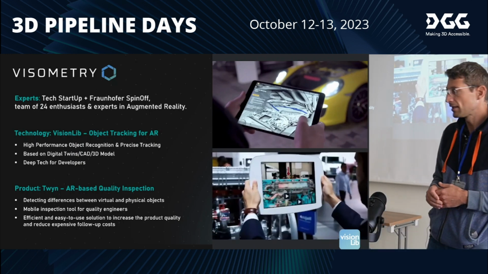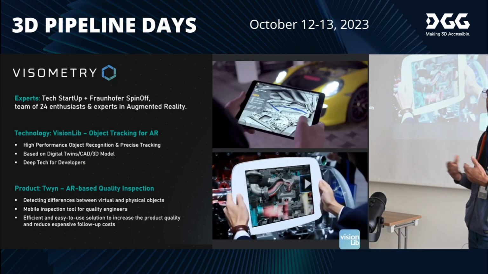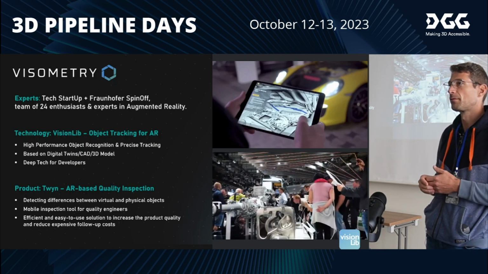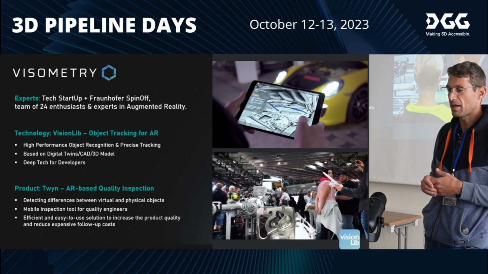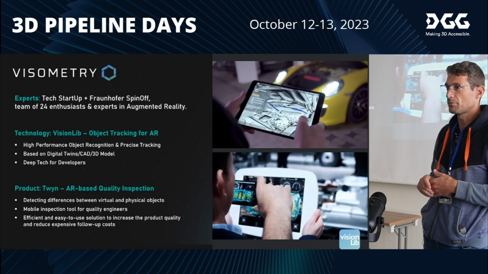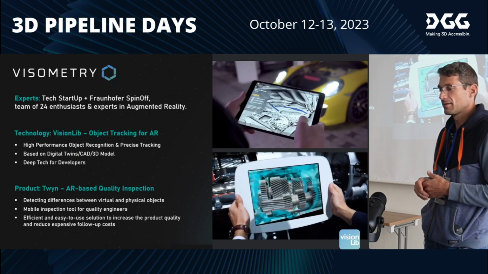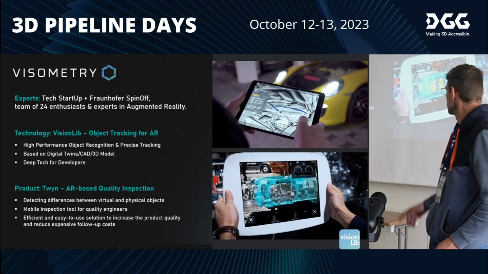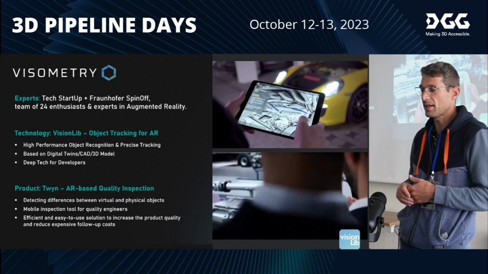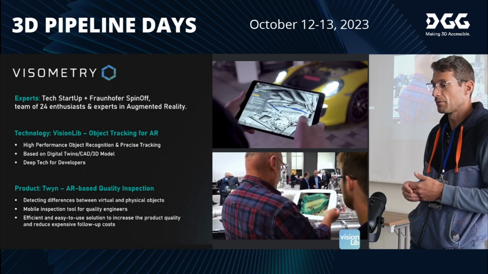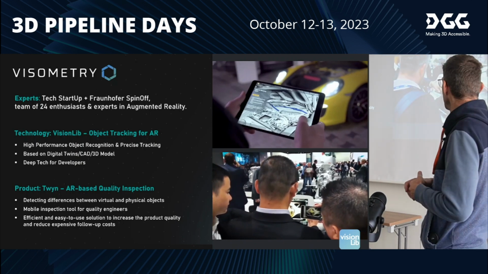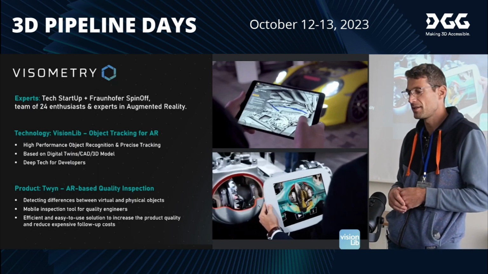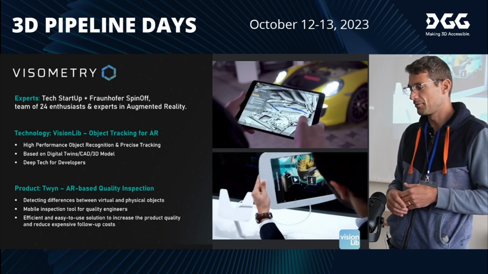And with the VisionLib SDK, many customers, like you see here on the bottom, created different kinds of applications with a very wide range of application areas like marketing, or also sales and training applications, or also maintenance instructions or quality inspections, also gaming. So it's a very wide range. Here was, for example, a marketing application where people could visualize the interior of a powertrain to better understand how this machine works with all the interior animations.